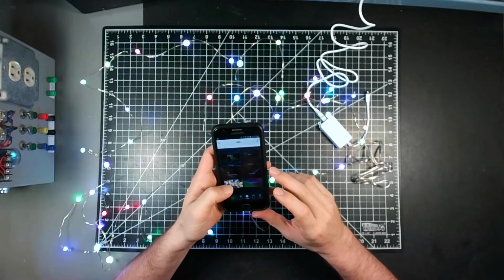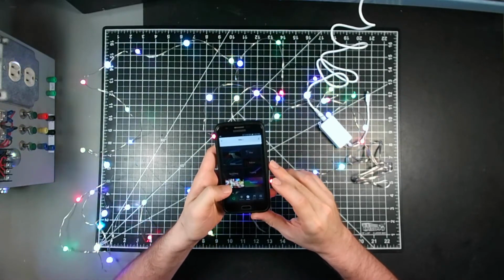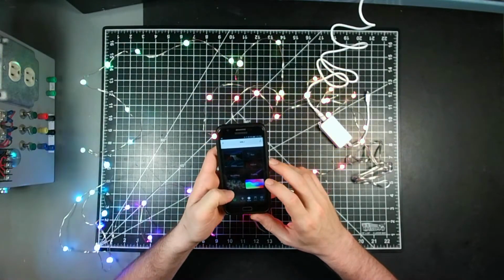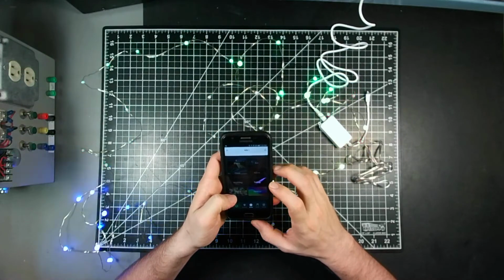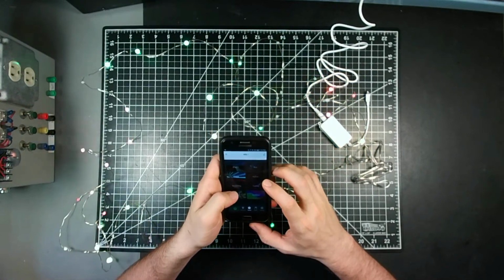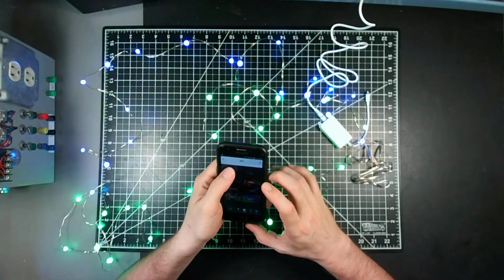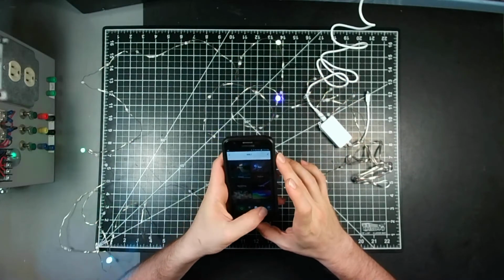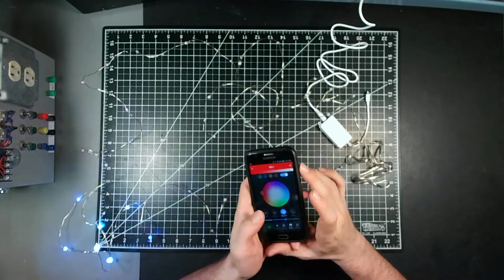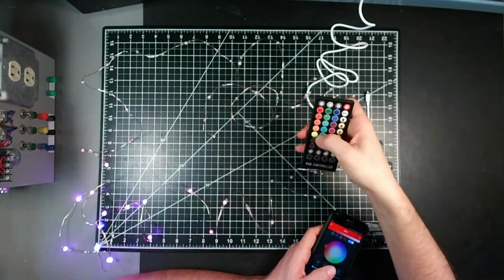So the scene is the animations. So like there's a flutter, rainbow. It just shifts the hues. Streaming, trailing, chase, follow, shuttle, run. They're just different animations. And then you can control the music, and on here you can only control the volume